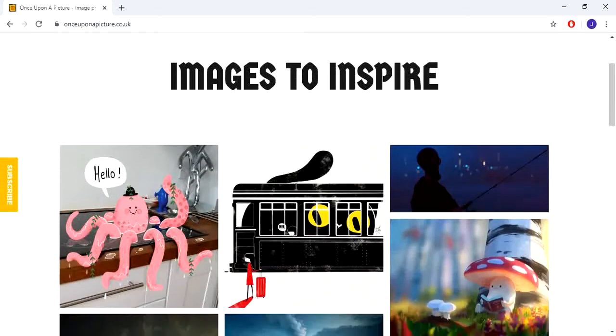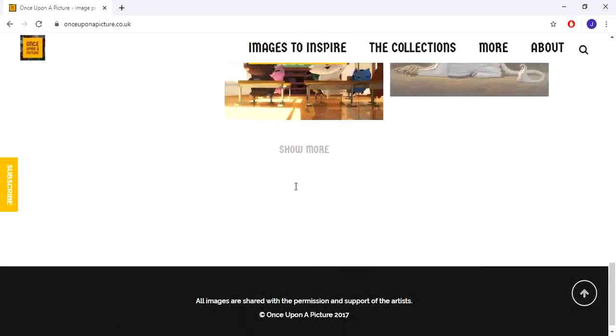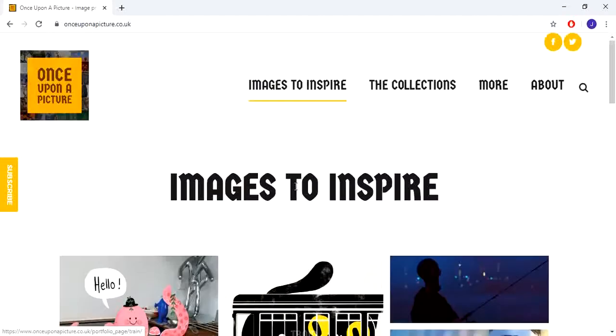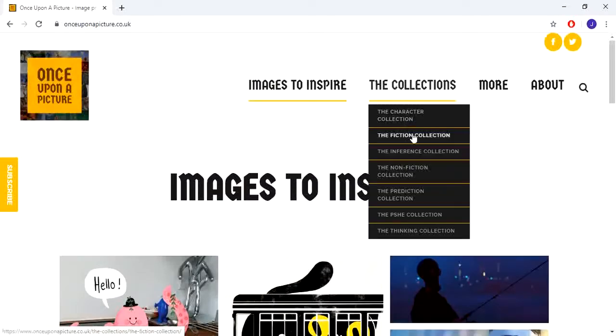So you go into this page here. Now you get a selection of pictures here, but what's more useful is going to the collections. You've got fiction, inference, non-fiction, prediction. These are all amazing resources that we can use for our writing. For example, if I go to the fiction collection,